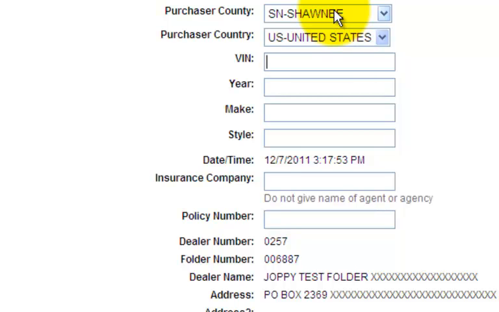And then details about the vehicle you've sold to the buyer. So first is the VIN, and I'm going to put my caps lock on here because however I type it in these fields is exactly how it will print out on the permit. So if I use a combination of uppercase and lowercase, it's going to print out on the permit exactly how I type it in here. The year of the vehicle,